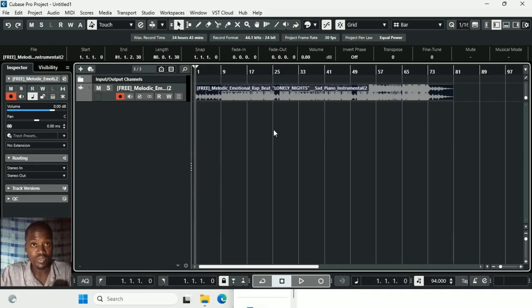Now the next thing that you're supposed to do is to gain stage your beat. You have to clip gain your beat. You have to drop the volume down, because mostly the beats that came with artists are already mastered, they've already gone through limiters, so you're supposed to take them down because they're too loud. You don't want your vocals to be competing with that loudness of the beat, so you have to tame the